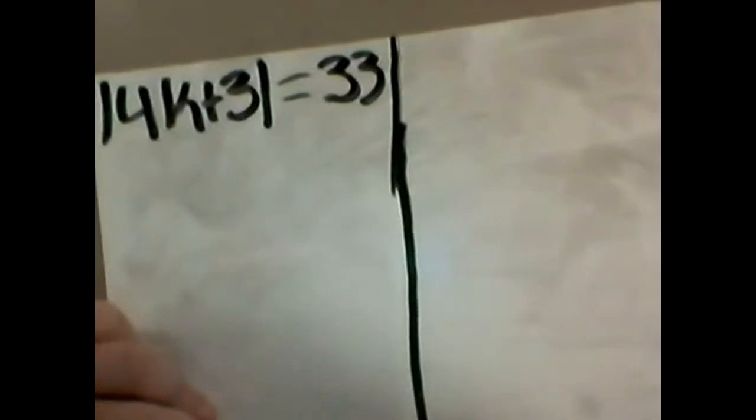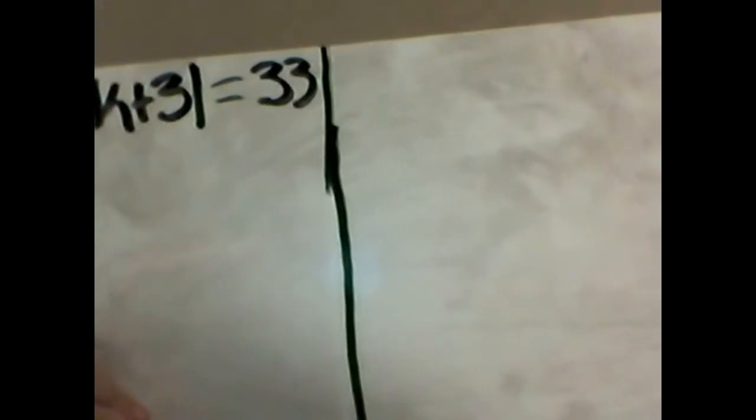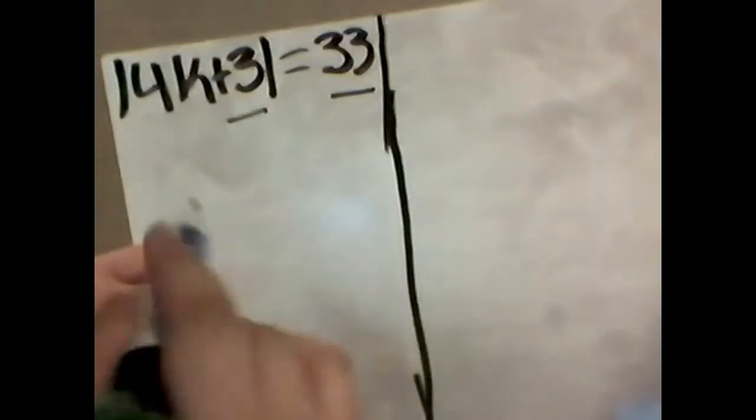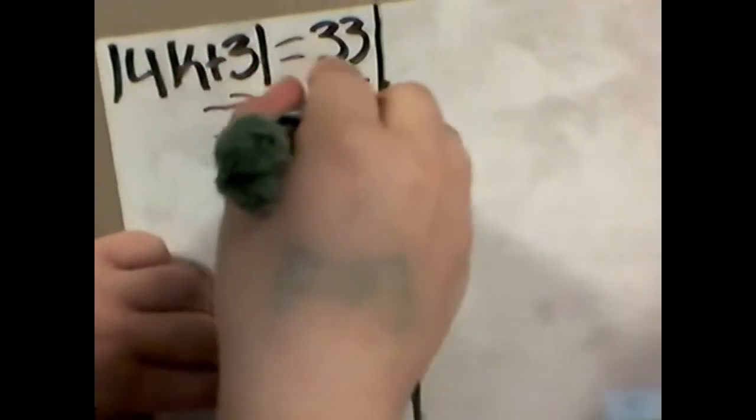The first thing you need to do is isolate the absolute value. So you subtract 3 from both sides. Minus 3, minus 3. Then you're left with 4k equals 30. So then you divide by 4. Then you're left with k equals